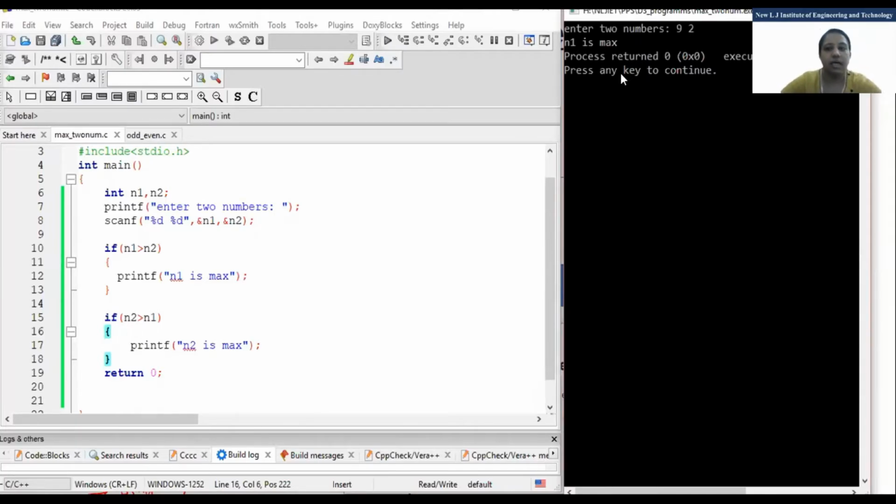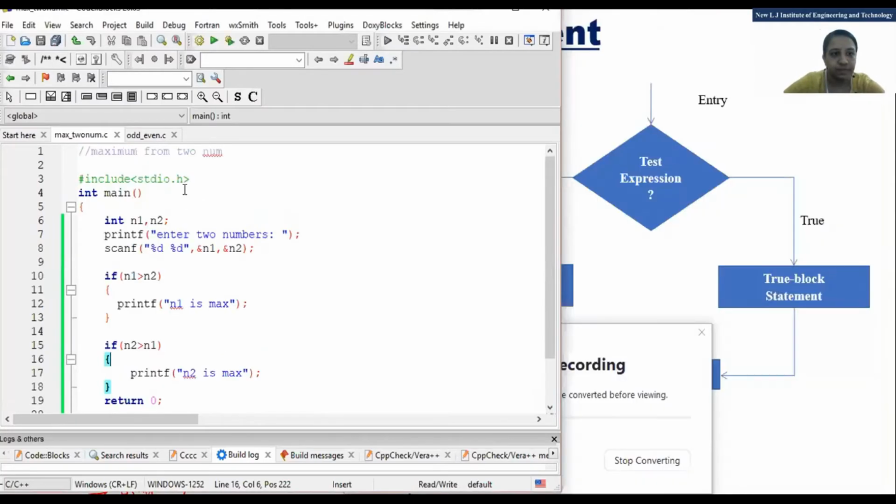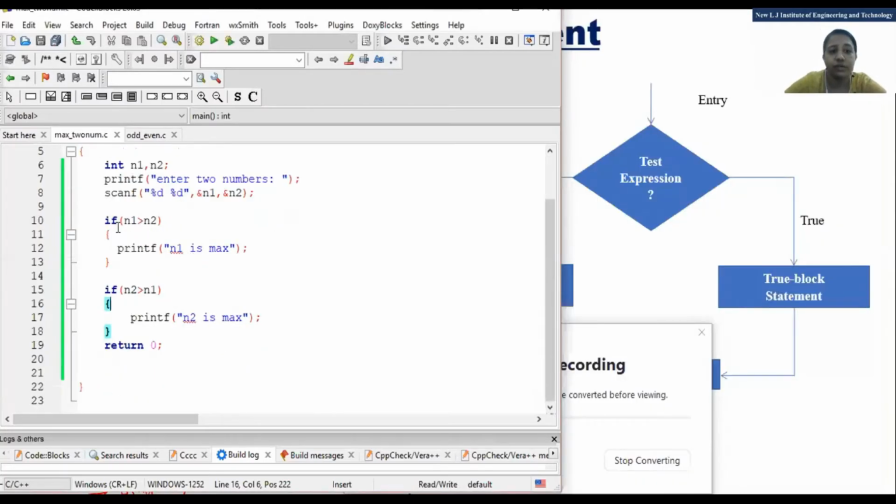Okay. The other one we will do with what? If else. So this is supposed to be the same. What is supposed to be changed? Only this part, right? So what happens? If else, that means if condition. If that condition is false, then the else part will be executed.